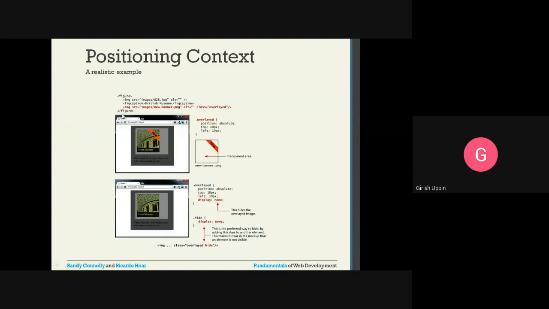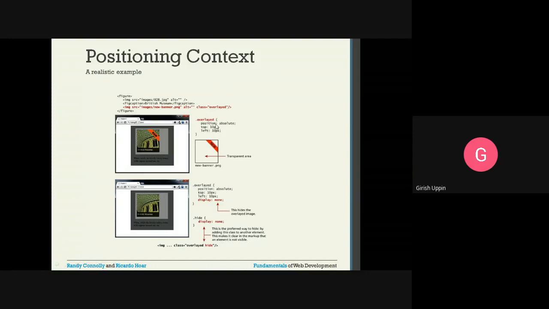Now this is the HTML document figure. Inside that, I have the actual image that you are seeing here, and the figure caption, British Museum. Then I have another image, src equal to images/new banner.png, which I am putting there, and I am saying class is equal to overlaid.